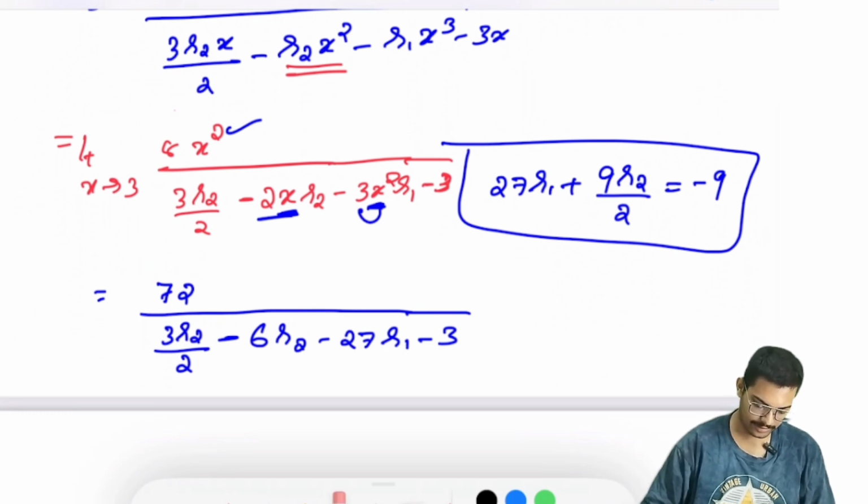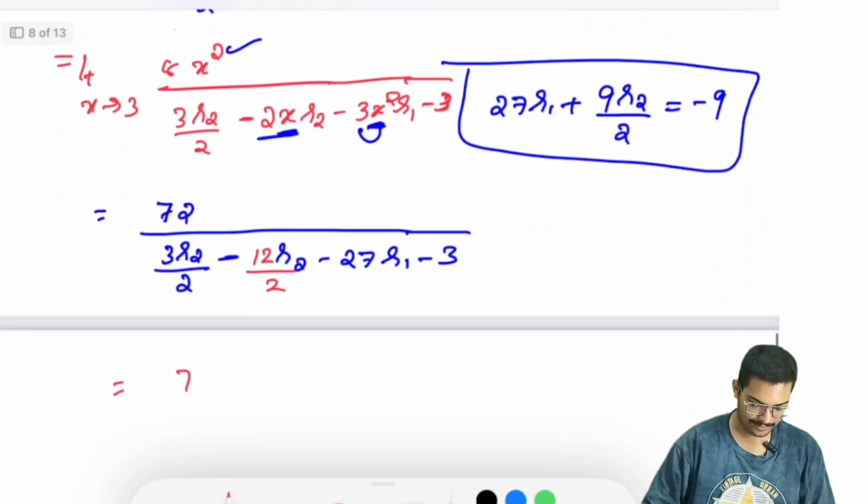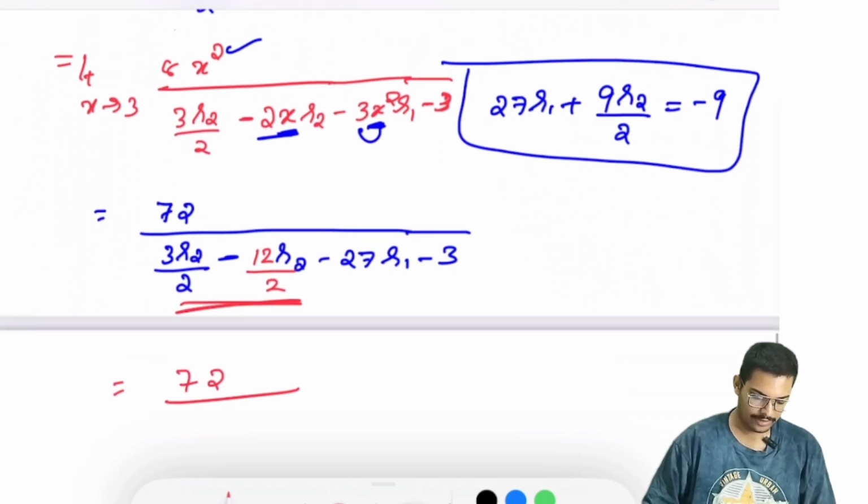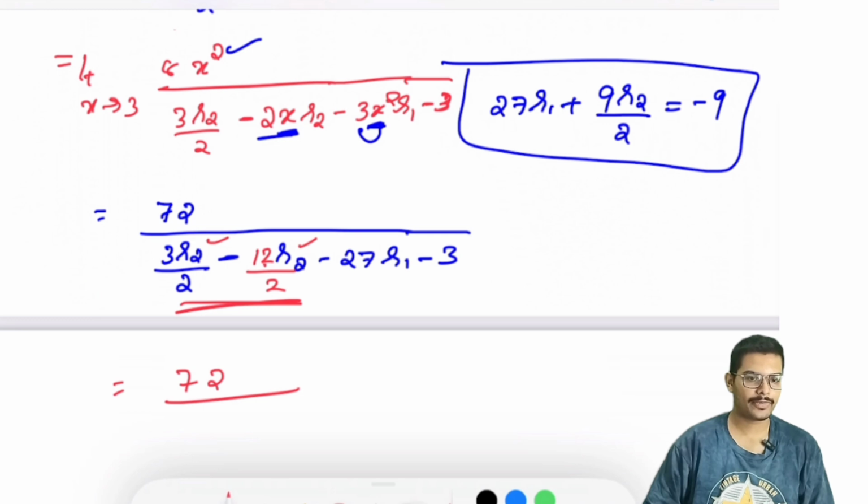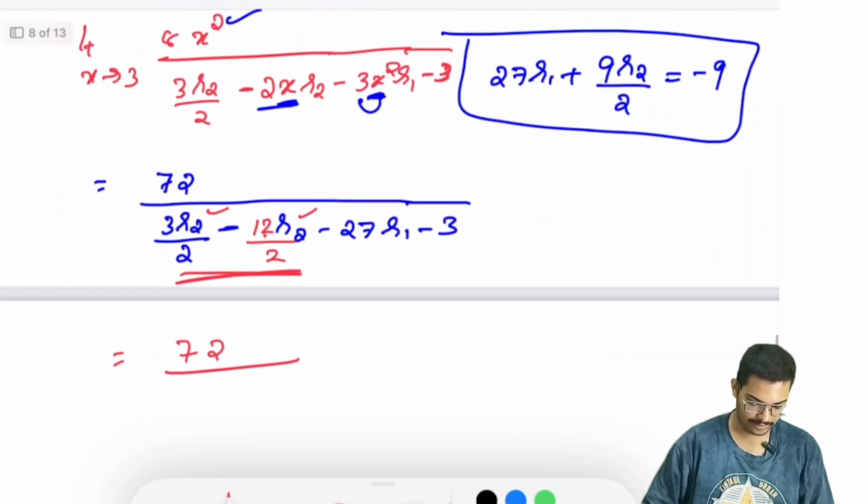Now can I write 6 as 12 divided by 2? I can write it as 12 divided by 2. When you simplify, it is 72 divided by 12 r2 divided by 2 minus 3 r2 divided by 2, see, the denominator is the same, it is r2. 12 minus 3 will be 9, but 12 is negative, it will be minus 9 r2 divided by 2 minus 27 r1